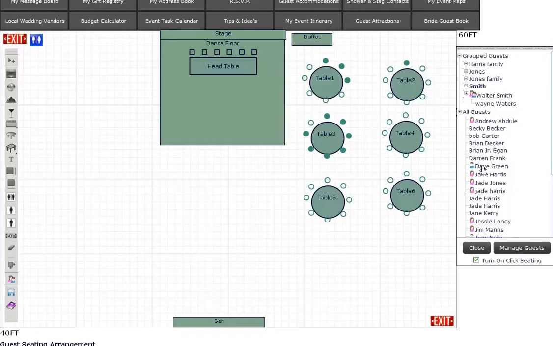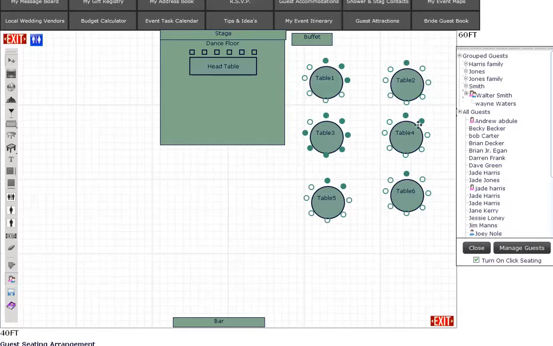So we're going to go to Mr. Green, we're going to add him there. We're going to go to Jade Harris, we're going to add her there. We're going to add Jade Jones, we're going to put her at this table. Jesse Loney. And like I said, as we add them to tables, you notice that the icon beside them disappears. It makes it very quick and easy and fast to be able to add your guests in groups to tables. So now, if you created mostly groups, you can go 8 people, and add them and complete your